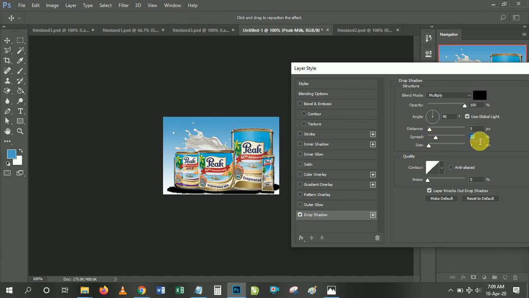Then the next thing we need to do is to adjust this milk splash. Okay, you select the milk splash and press Ctrl T on your keyboard. Then you can enlarge it so that the milk splash can cover. Then you can rotate it. Just place your cursor on the extreme edges, and if you put it on the edge, it shows an up and down arrow, but if you move it a bit, it shows